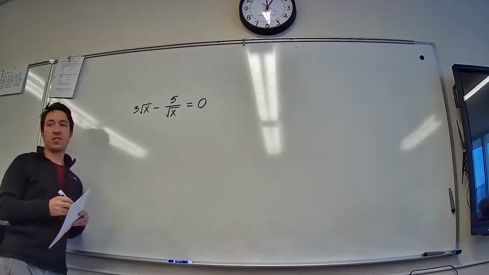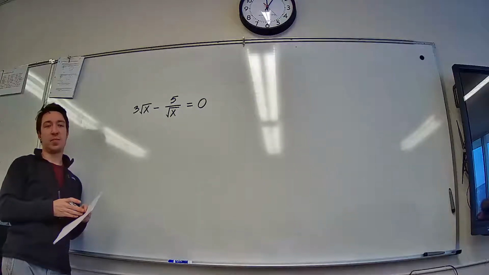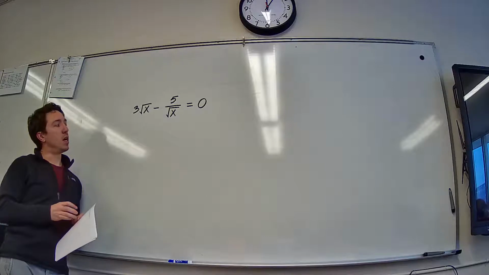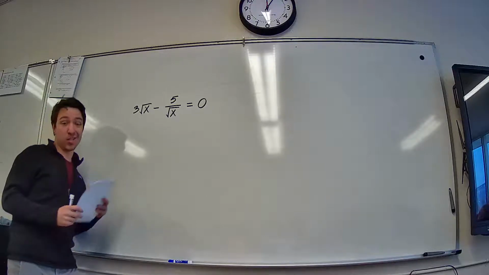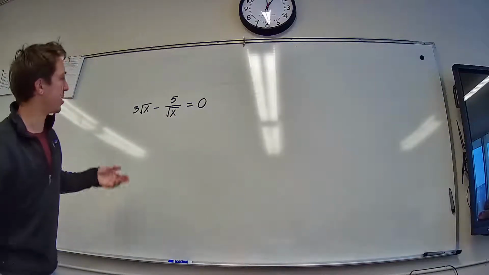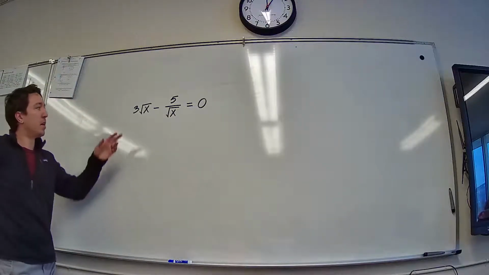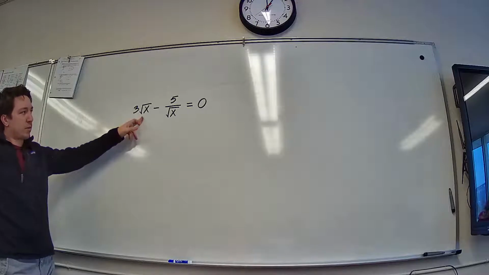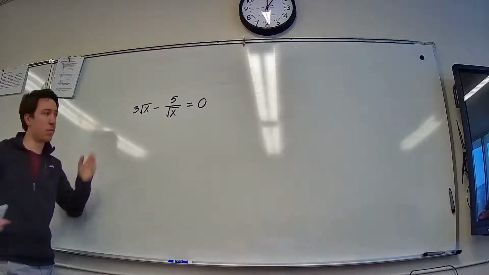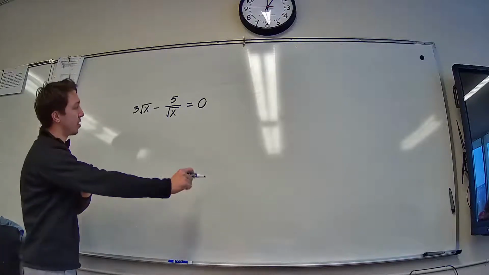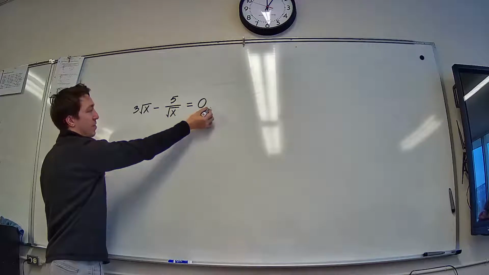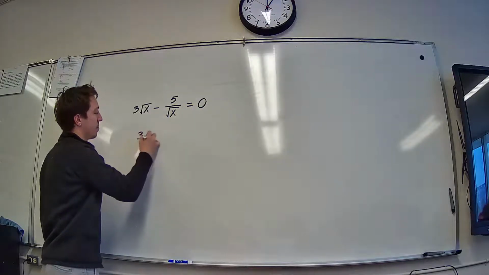This question has a surprisingly simple solution. It doesn't look like an easy question when you first look at it, right? So the question is, is there a number out there where if you triple its square root and then subtract 5 divided by its square root, you get 0? Yeah. Which there is. It turns out in this case, if we add this guy over to the right-hand side,